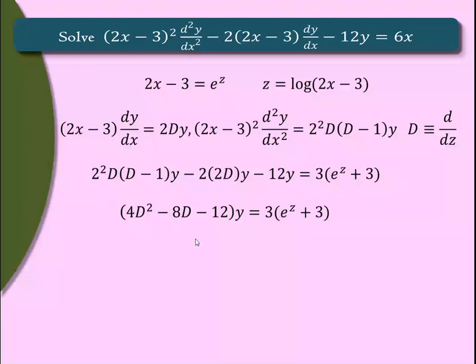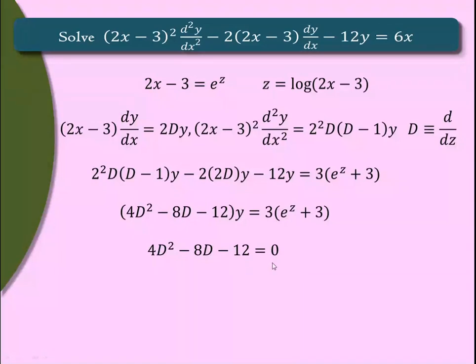The solution now will be y is equal to yc plus yp, where for finding yc, take the auxiliary equation, equate all this term to 0, get the roots, check the nature. Depending on the type of roots, we get the yc part. And for yp, you can use any of the three methods: general method, shortcut method, or variation of parameters method. Okay. So firstly, taking this auxiliary equation, 4d square minus 8d minus 12 is equal to 0. Find the roots of this.